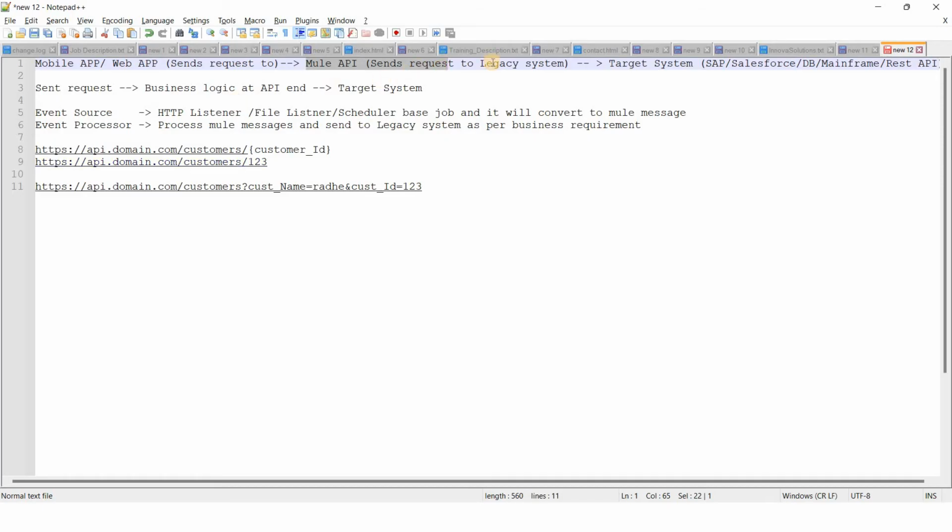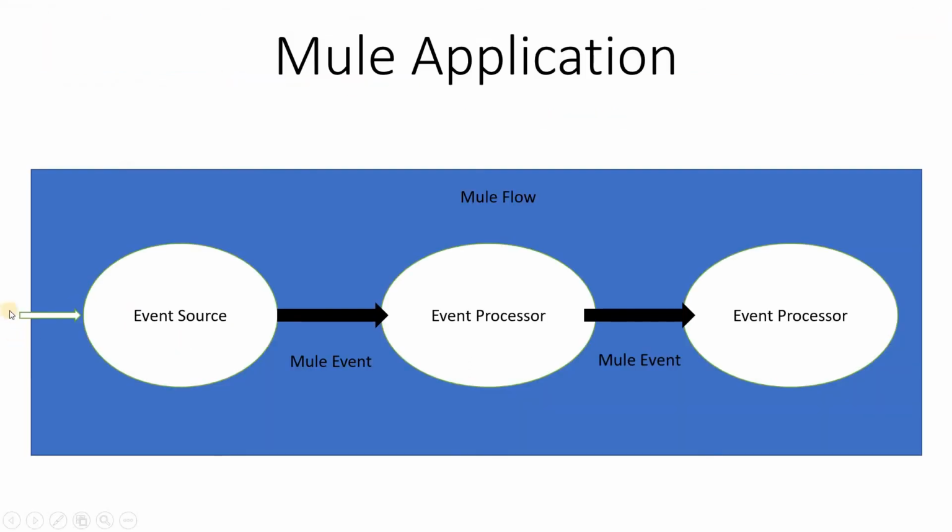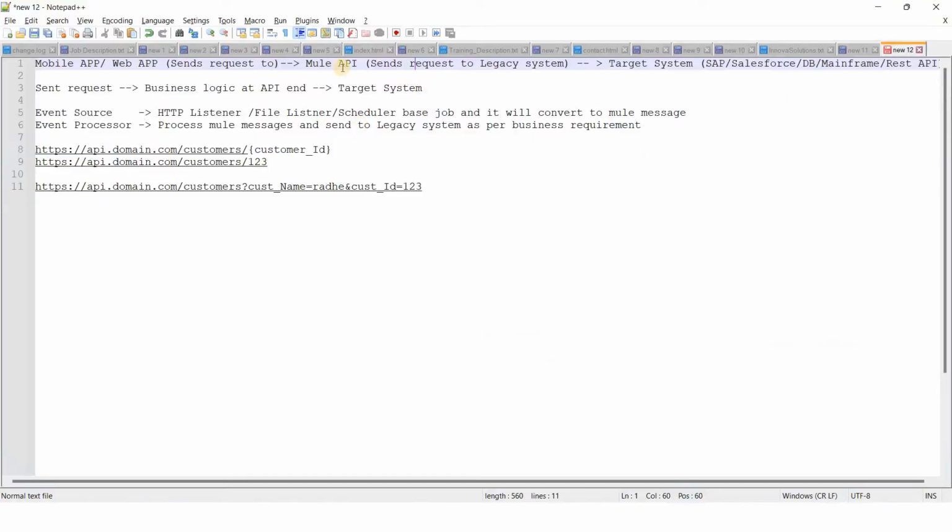Once we receive the request in the Mule API, the request comes to the event source, and the event source triggers the Mule API. The event source is your HTTP listener, file listener, scheduler, whatever you configure in that source.